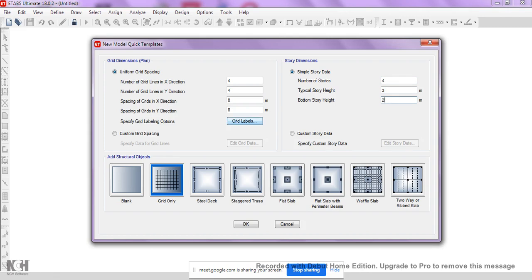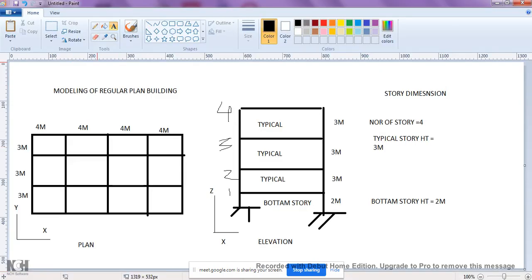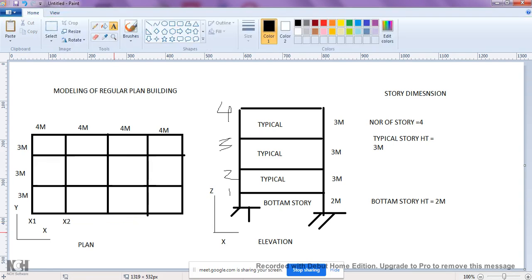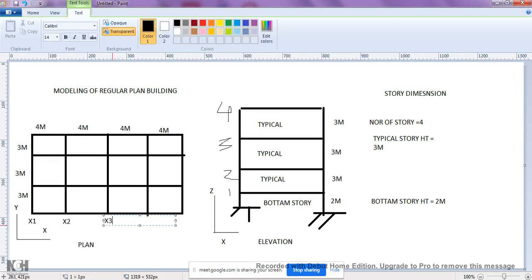So next I need to set the grid system. This is related to the story, that is elevation. Next I need to set the plan here on the left side. If I come to the plan, this is my first point, x1. Next this is x2, x3, x4, x5.